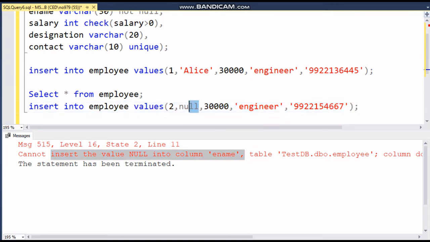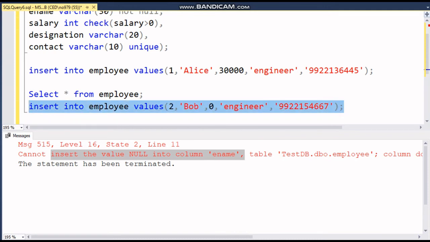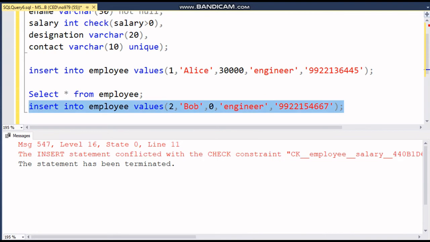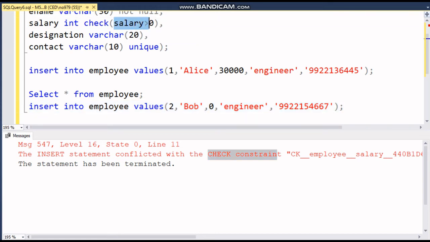Understood? Now I will take some name here, like Bob. Then we will take salary as 0, and we will execute this. Again it is giving me an error for the check constraint, because we need the salary to be greater than 0.